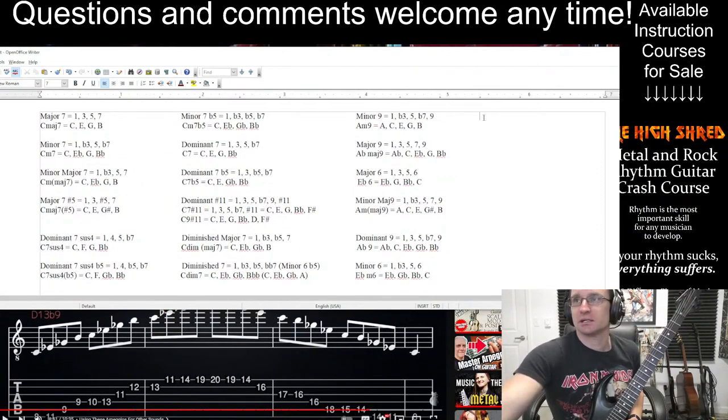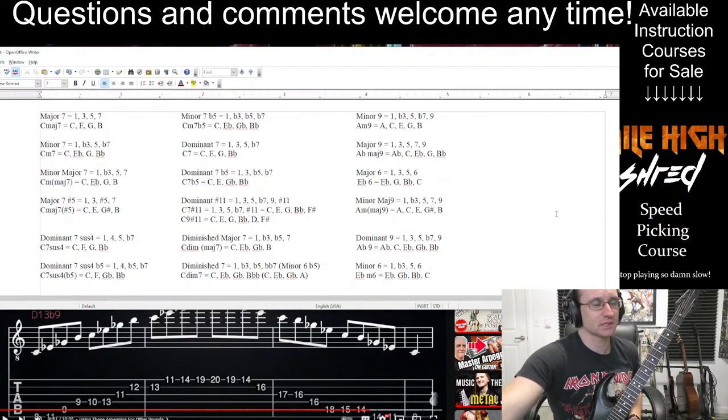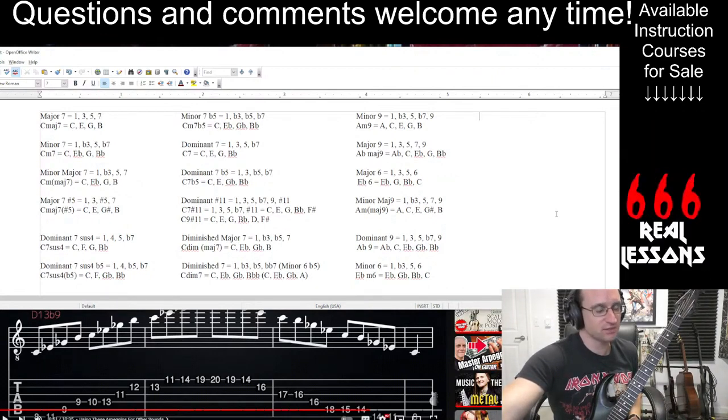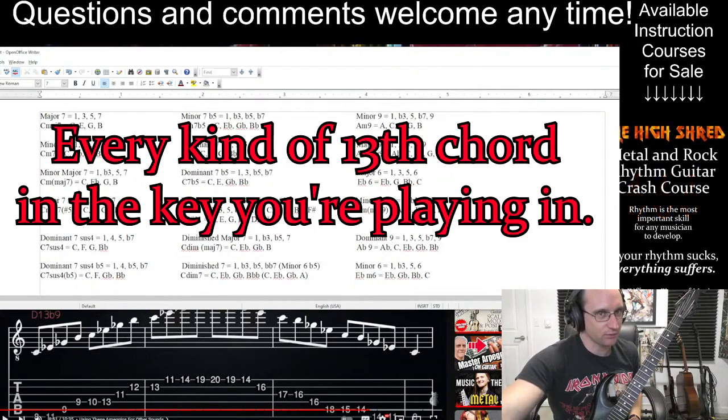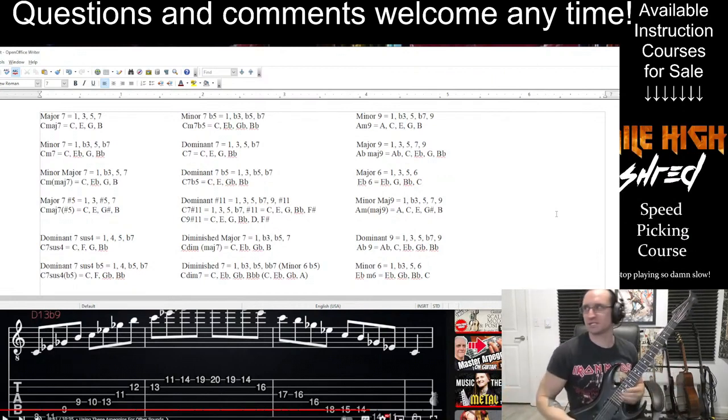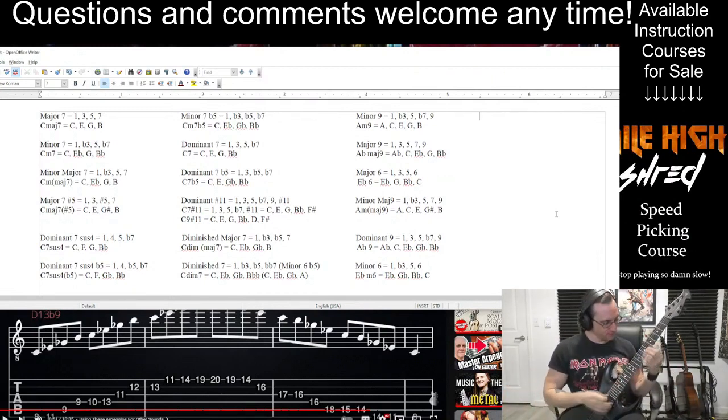D13 flat 9. How the heck do we break that down? 13th chords. What's interesting about a 13th chord? It's a 7-note chord. Now I'm going to say something that might sound very strange, but when you play a 13th chord, and if you have all 7 notes in a 13th chord, you are playing all 7 notes of every kind of 13th chord that you can have. You're basically just skipping every other note when you're doing a 13th chord. So if I skip every other note,